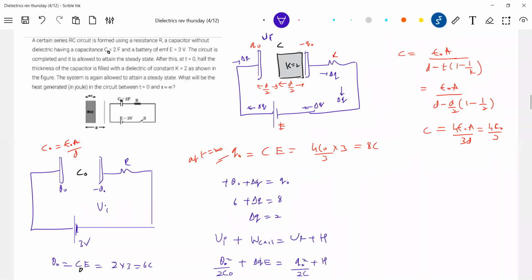Or should I even bring this Ui or not? So the moment you put the slab, the charge will not change suddenly here. Actually, if you put a